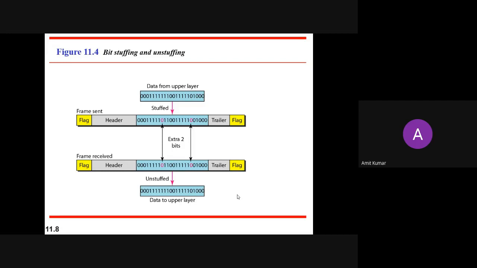The trailer will have the information of error correction and detection codes, and the flag will intimate you that our data is starting from here. So this is about bit stuffing.